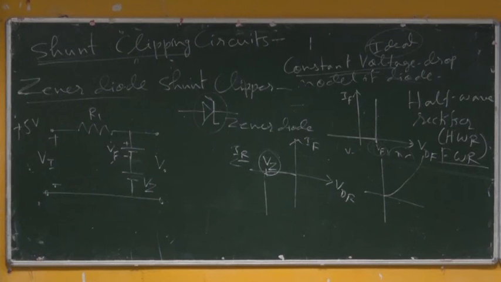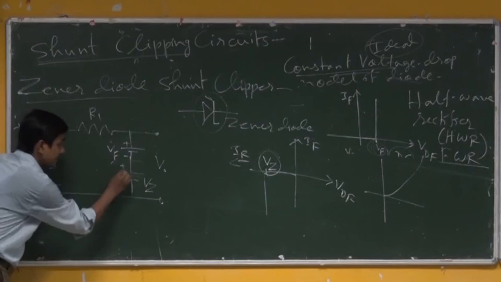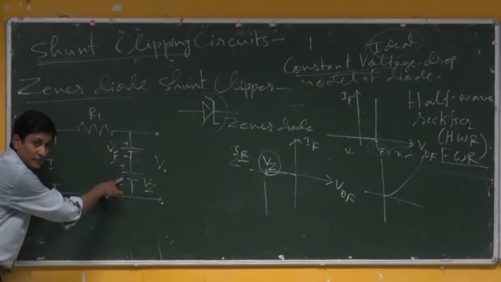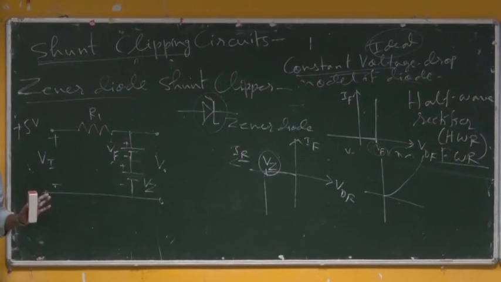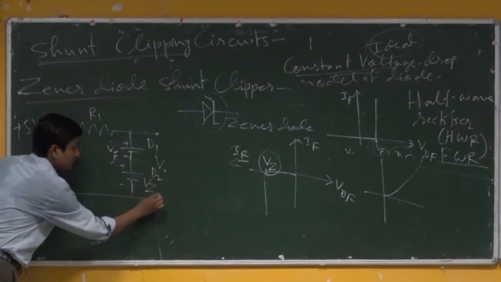Please look into it. What is the polarity of the potential? It is plus here, minus here. So, it is positive Vz. You have to apply this positive Vz, otherwise this diode is not in the breakdown condition. But this does not bother us. The only thing that bothers us is what the output voltage finally is. How much is it? Vf plus Vz. Now, if you name this diode D1 and D2 and the breakdown voltage Vz2,